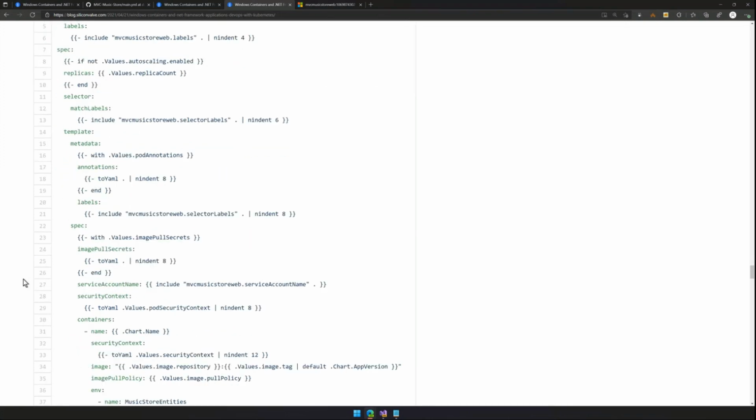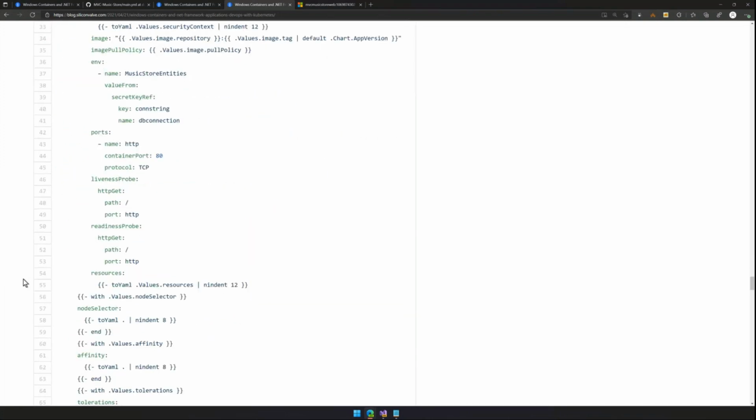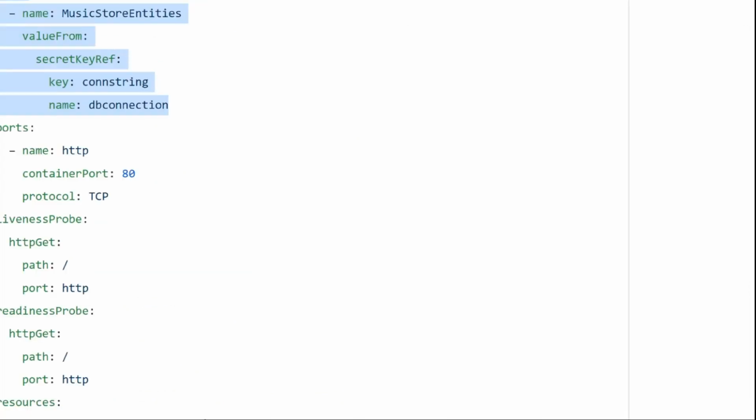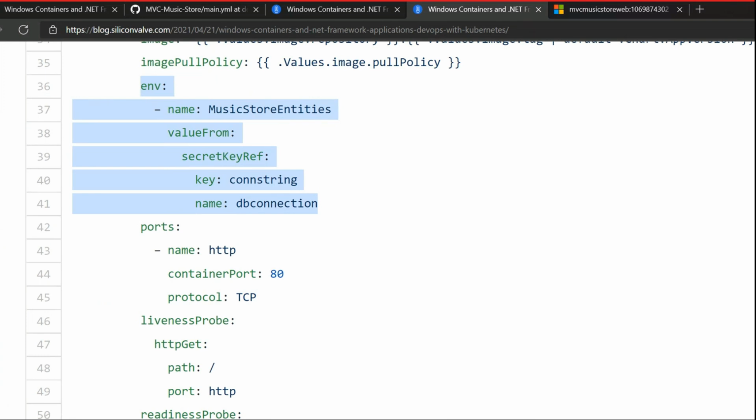So the key component in this definition is this particular component here, which basically says, okay, the environment for this container when you deploy it, the environment, so env is environment variables.